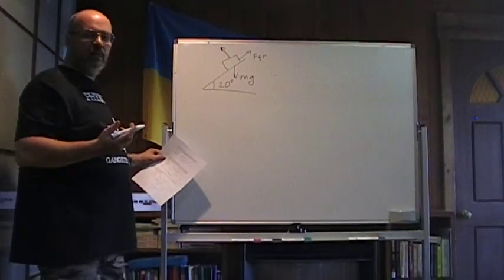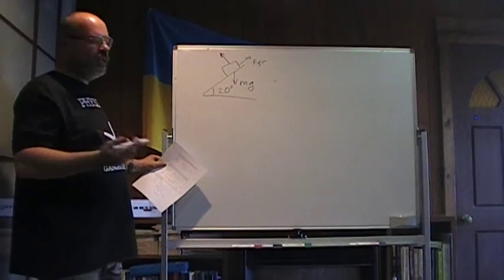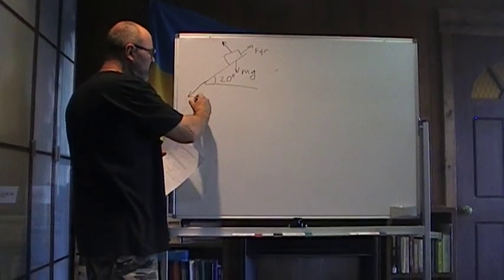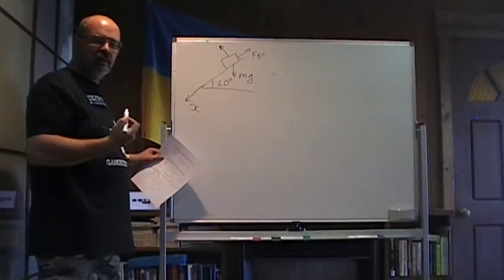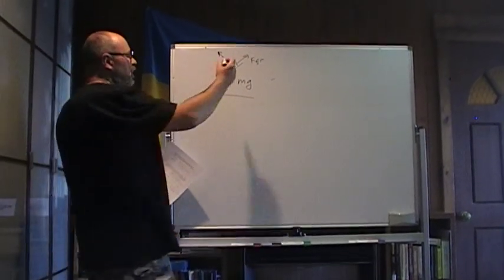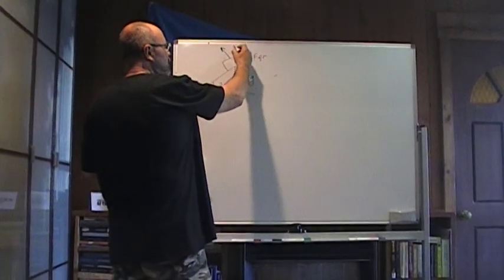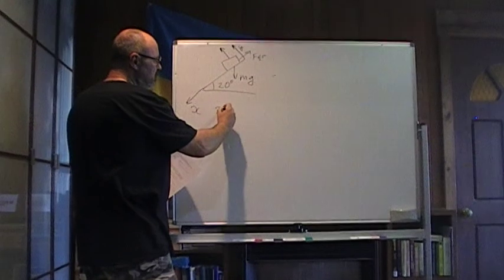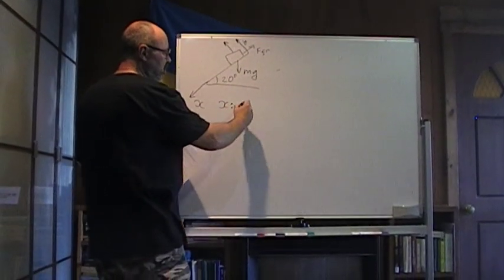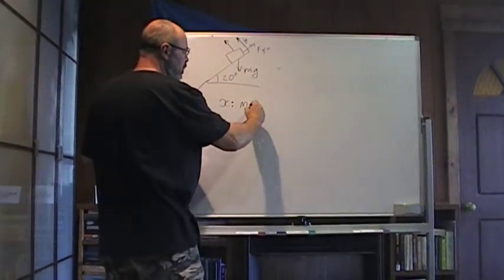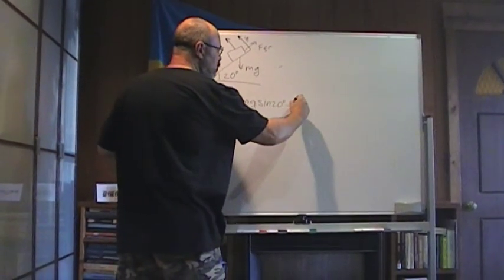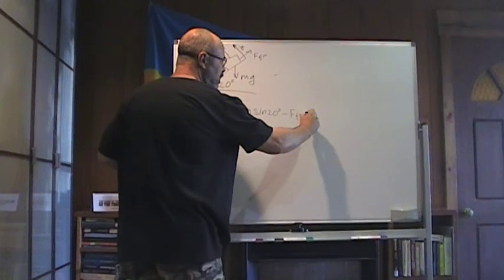Again, we choose one axis along the inclined plane. In this case we will choose the positive direction down, because it will be accelerating down. And we choose the y-axis at a right angle. Let's write down Newton's second law in resolution in the x-axis. We will have mg sine 20 degrees minus friction force equals